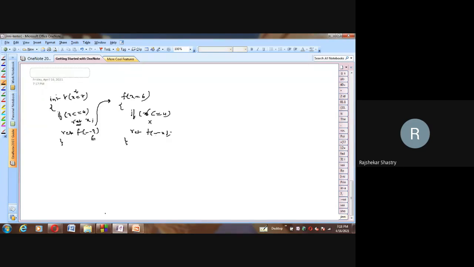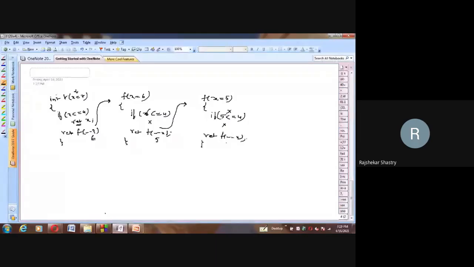Here again, since this is false, x is holding 6. By reducing the value 6 to 5, we call the same method once again. One more version of f is created holding 5 in the body. 5 is not less than or equal to 4, the condition is false, so this return statement will not be encountered. Rather, return f of minus minus x will be encountered, and upon calling by passing the reduced value 4, we call again.